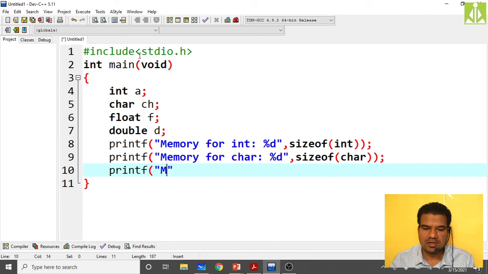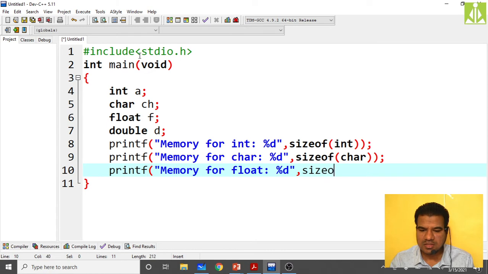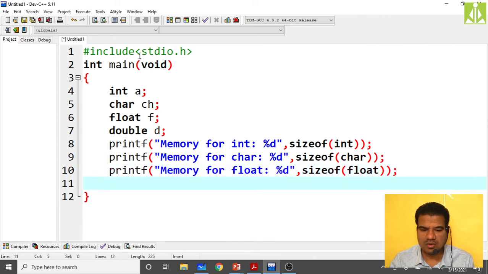Okay, so here, memory for float, that is %d, comma, sizeof(float). Go to the end, close it, semicolon.